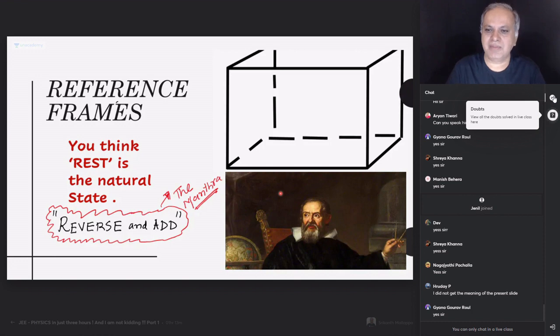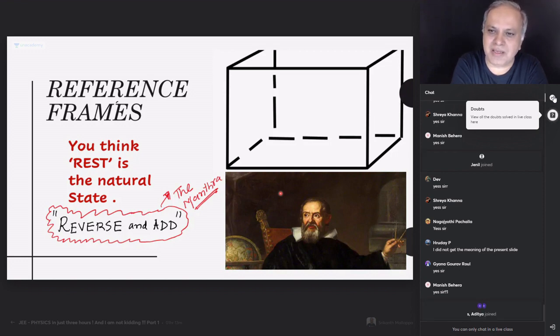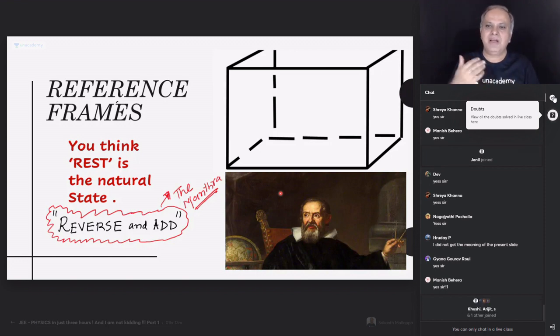This is the mantra. Manish Behra was saying, sir, that's a mantra. I use the same word here. So this reverse and add is going to be a beautiful technique which we follow in the classes, though it has got a better physical meaning. So Newton's laws and this reversing and adding, because every time I want to feel to be at rest, reversing my velocity on myself and then adding it to the observed particle, or reversing the acceleration of mine and adding it to the other particles